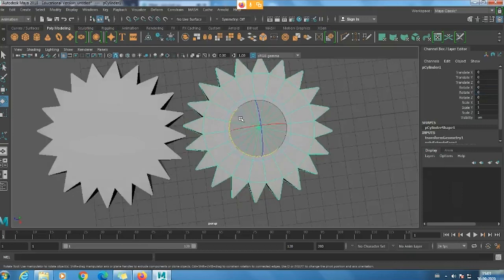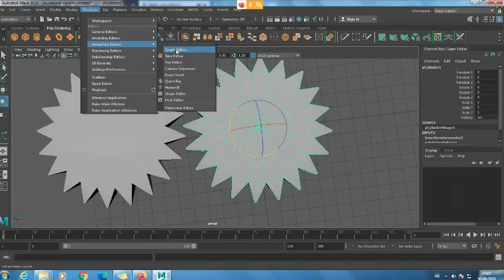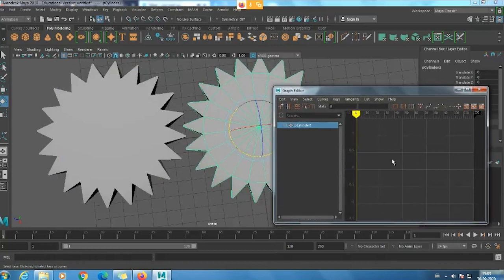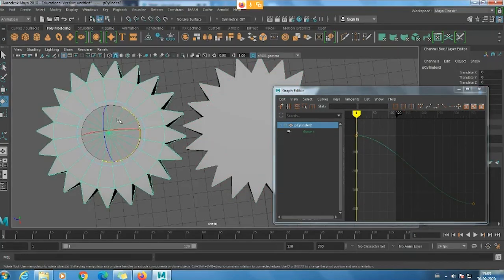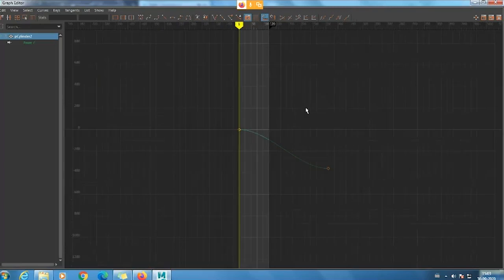So for that, you can just go to Window, Animation Editors, and choose the Graph Editor. Here you can't see any graph if you select the parent, because the key is added for the child. So select the child and give pre-infinity and post-infinity.